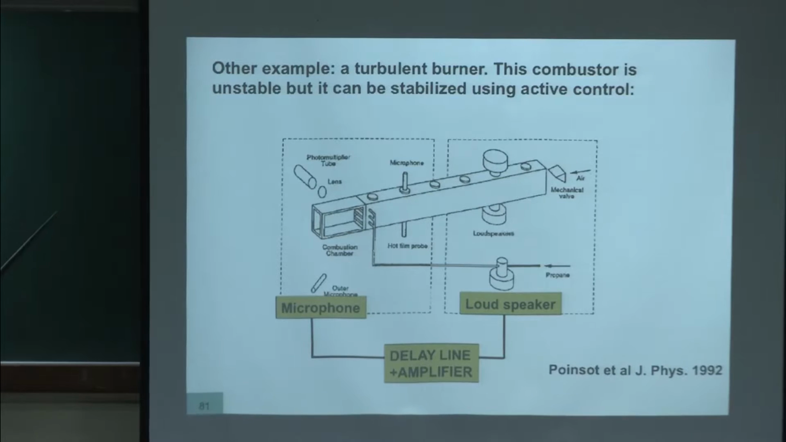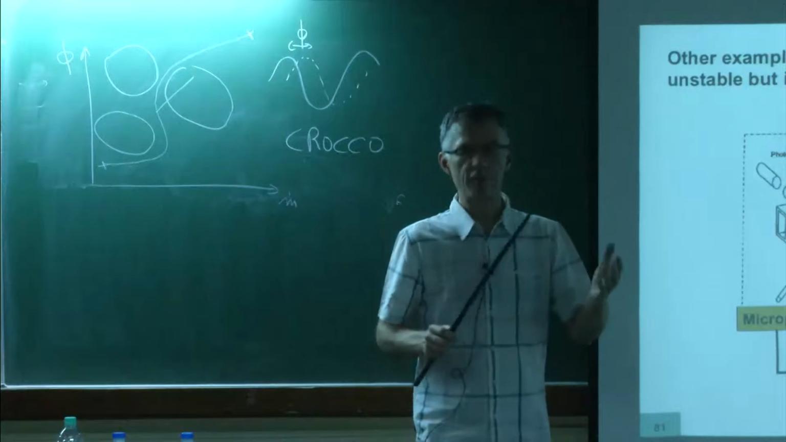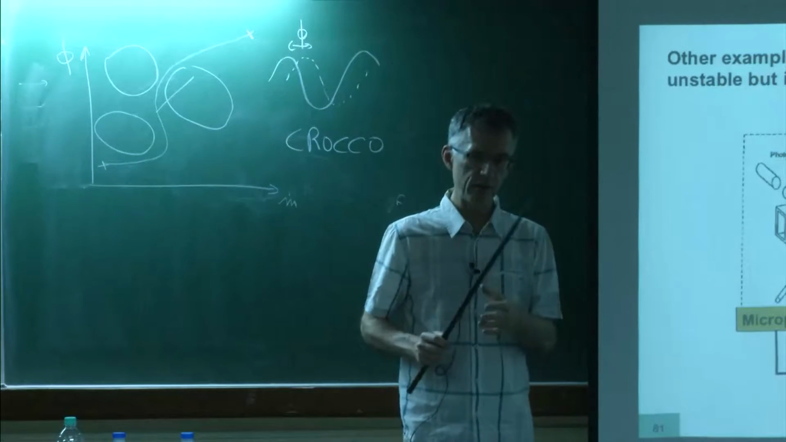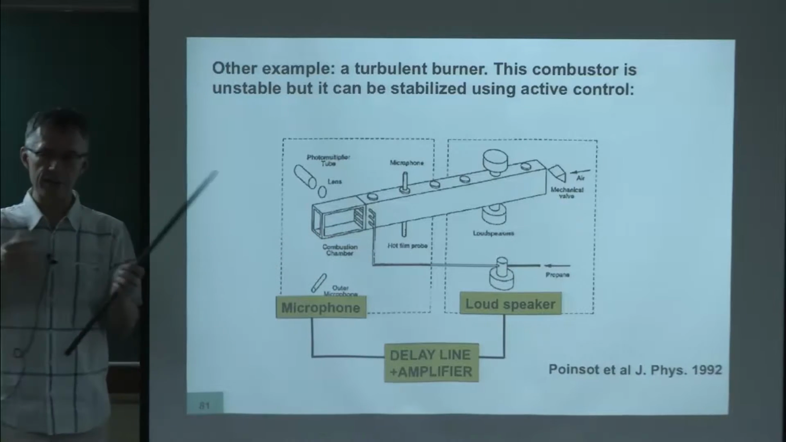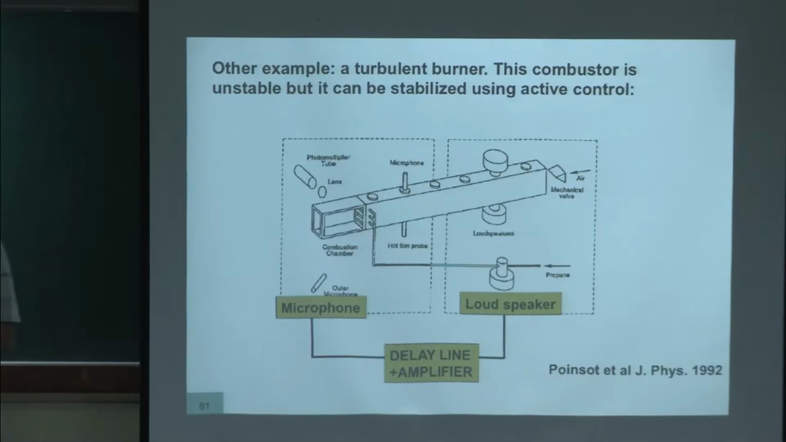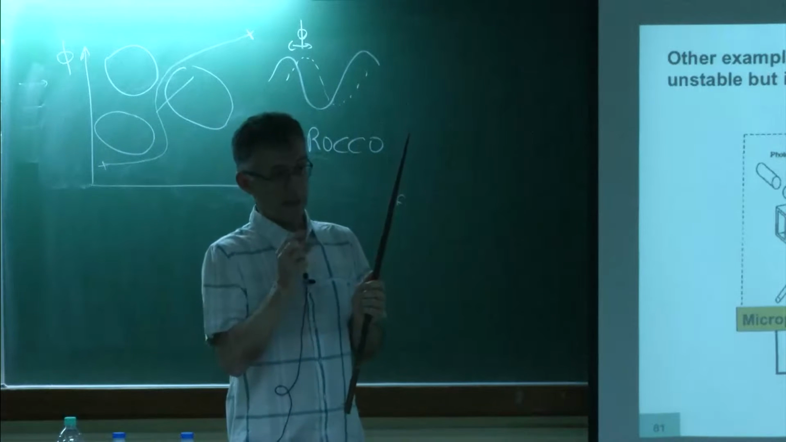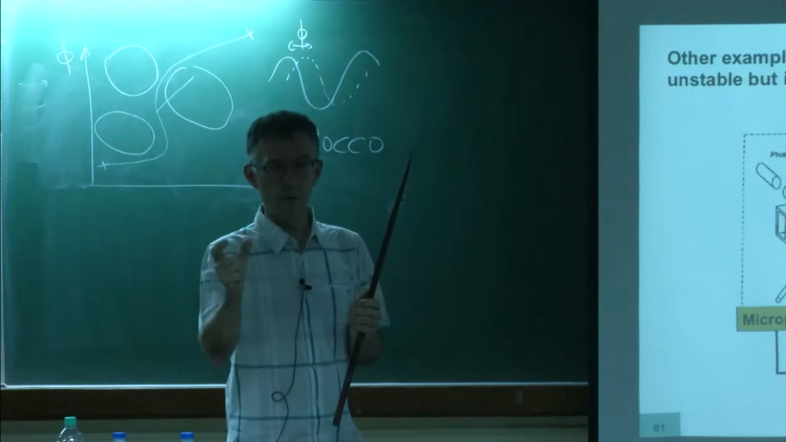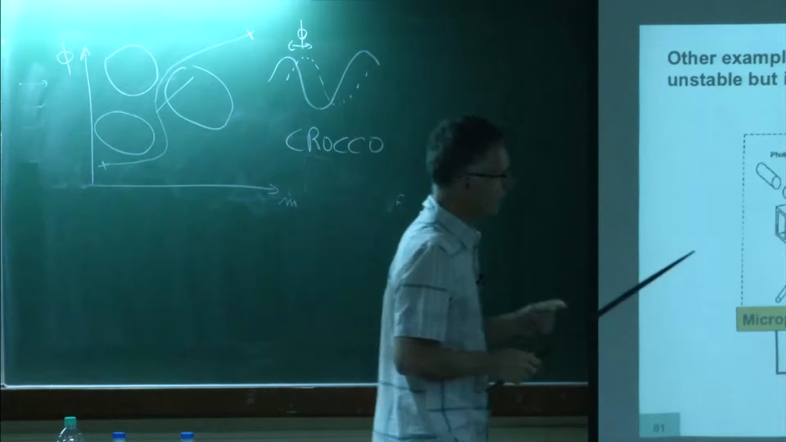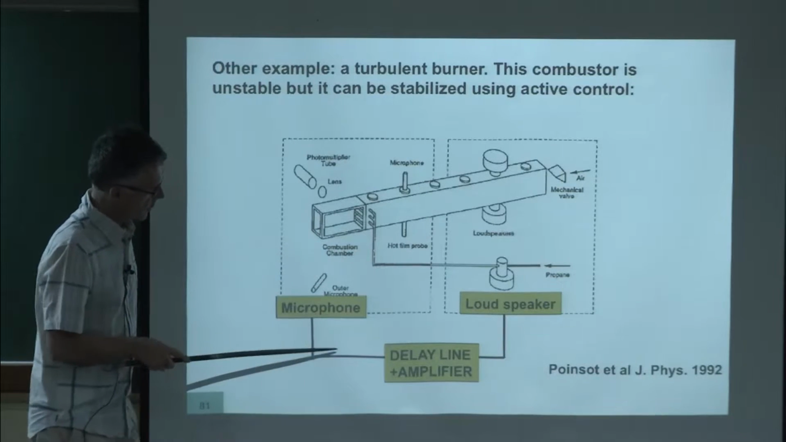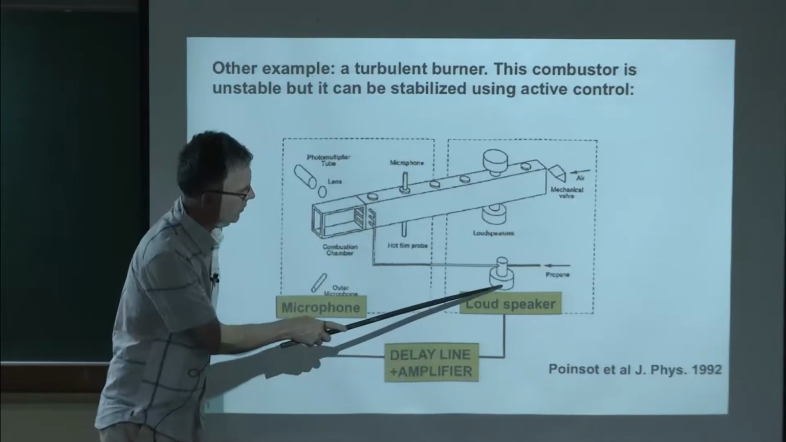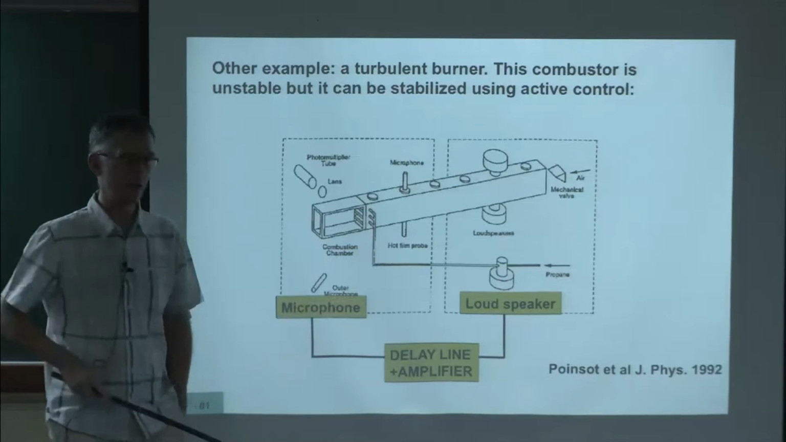What I've showed you was a small, maybe 5 kilowatt laminar flame. Now this is a 200 kilowatt turbulent flame. In addition to the laminar flame, we have to handle turbulence, which is a problem in terms of signal processing, because in addition to the combustion instability, we have the turbulent noise. So how we did it here: we measured the noise with a microphone. We go through the delay line, through a loudspeaker, and